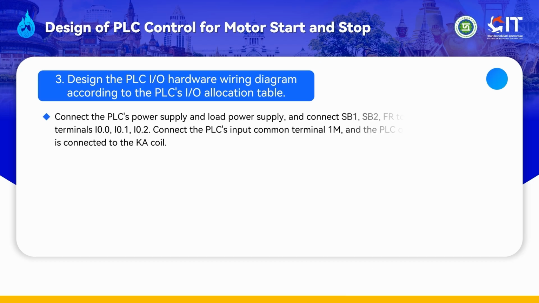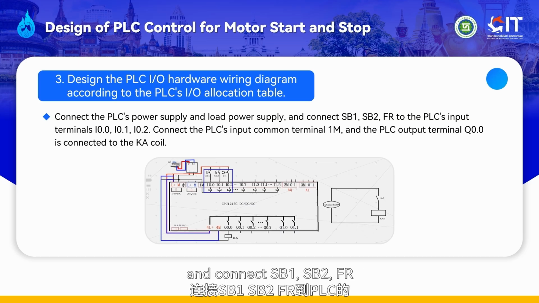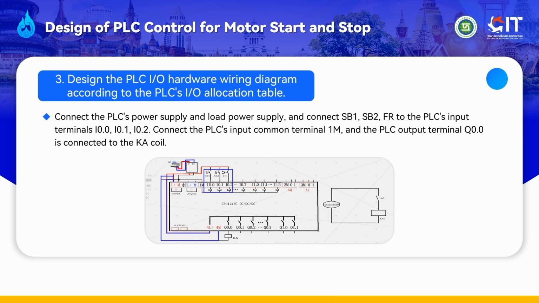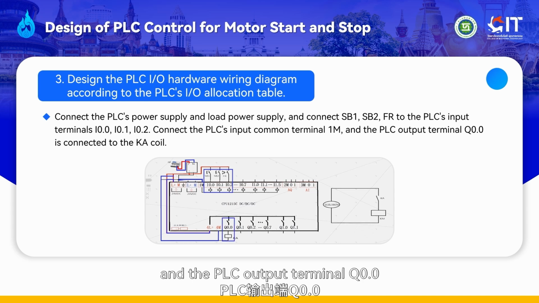3. Design the PLC I/O hardware wiring diagram according to the PLC's I/O allocation table. Connect the PLC's power supply and load power supply, and connect SB1, SB2, FR to the PLC's input terminals I0.0, I0.1, I0.2. Connect the PLC's input common terminal 1M, and the PLC output terminal Q0.0 is connected to